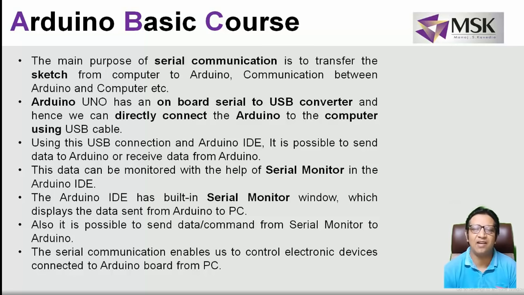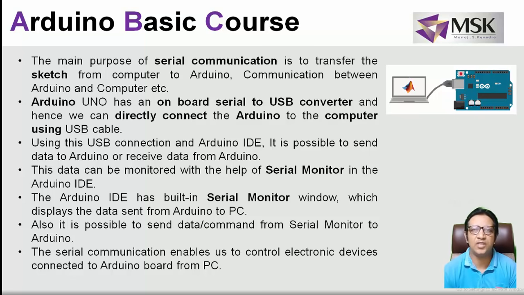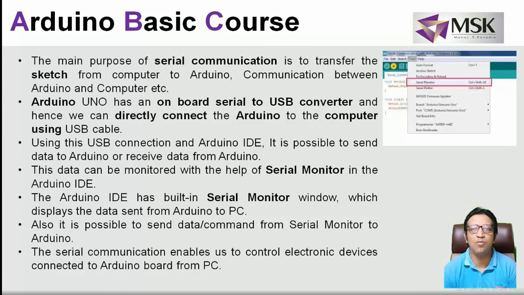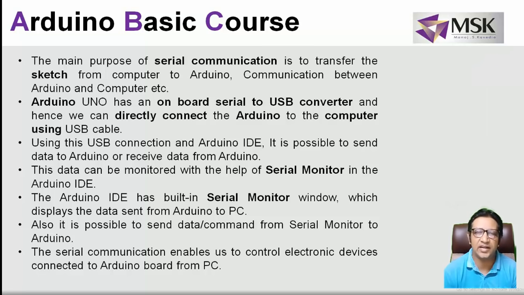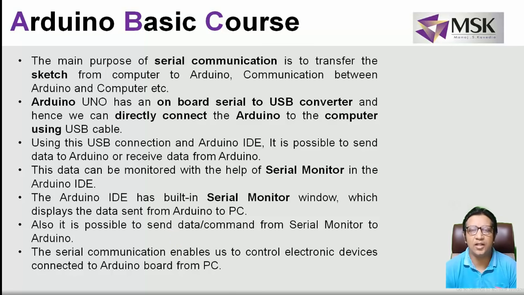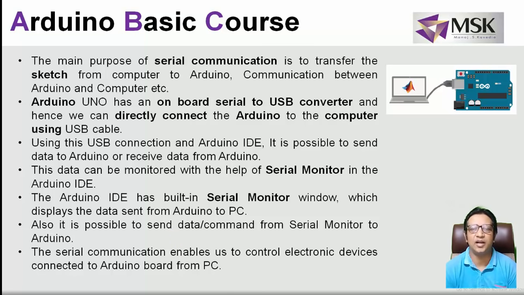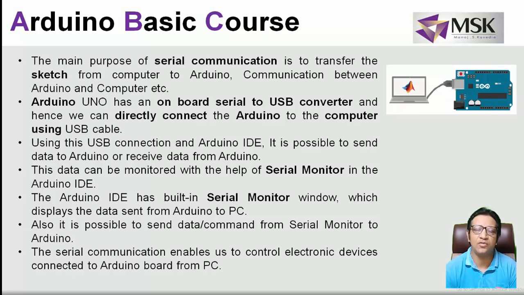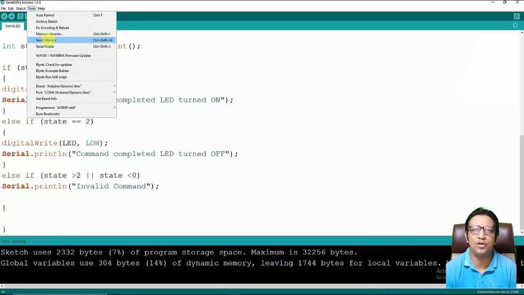Also through this cable I can have a bidirectional communication between my PC and my Arduino. The Arduino has a tool called a serial monitor, which can talk to my Arduino. My PC can send data to Arduino with the help of this serial monitor, and the Arduino can send data too. The Arduino IDE has a built-in tool called a serial monitor. If I want to send data from my PC to Arduino, I can send it through the serial monitor. And if Arduino wants to send data to the PC which I want to view, it sends it through the Arduino USB cable to my serial monitor.